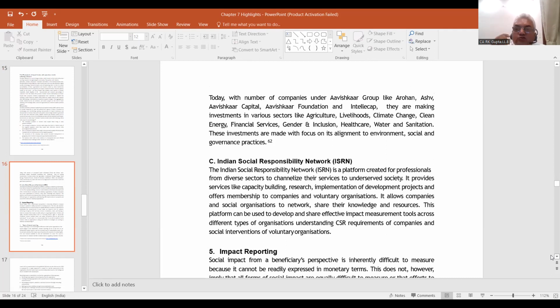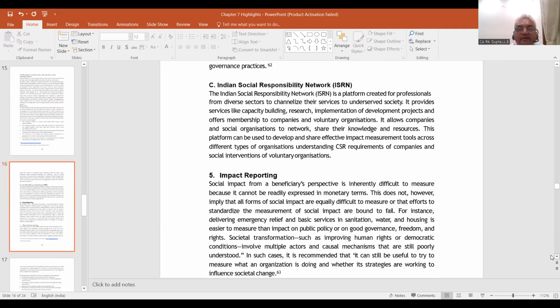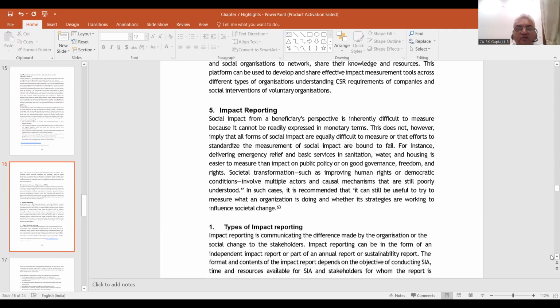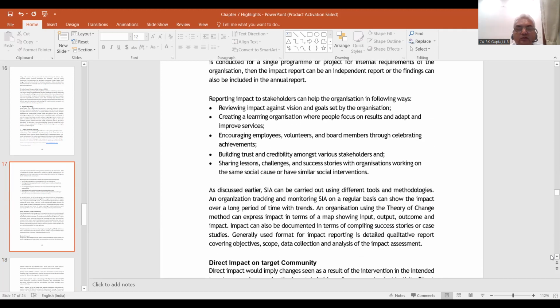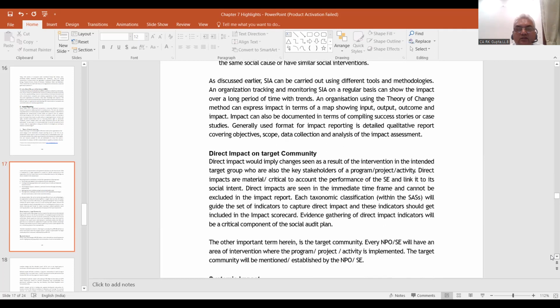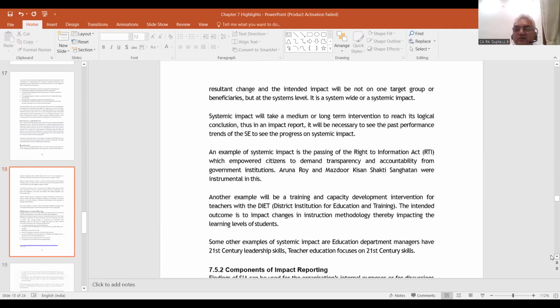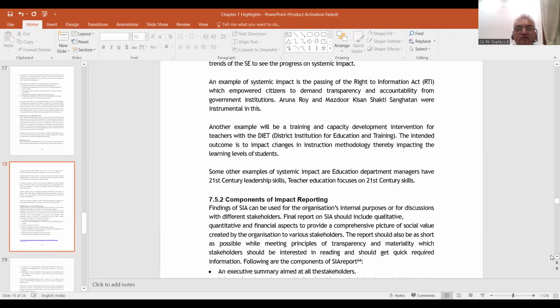तीसरा है फिर इंडियन सोशल रिस्पॉन्सिबिलिटी नेटवर्क ISRN, और चौथा ये फिर इसके बाद है इम्पैक्ट रिपोर्टिंग। फिर टाइप्स ऑफ इम्पैक्ट रिपोर्टिंग कौन कौन से हैं, इसको हम कल कर सकते हैं, अभी थोड़ा बड़ा है। फिर डायरेक्ट इम्पैक्ट ऑन टारगेट कम्युनिटी, सिस्टमैटिक इम्पैक्ट, फिर कंपोनेंट्स ऑफ इम्पैक्ट रिपोर्टिंग।